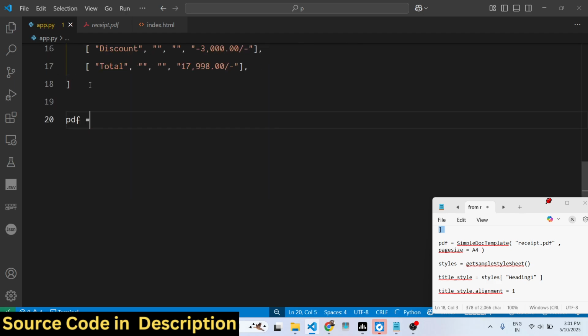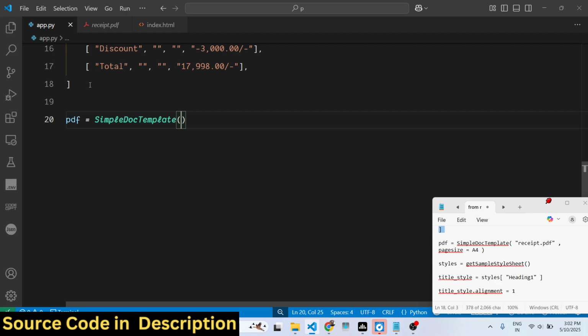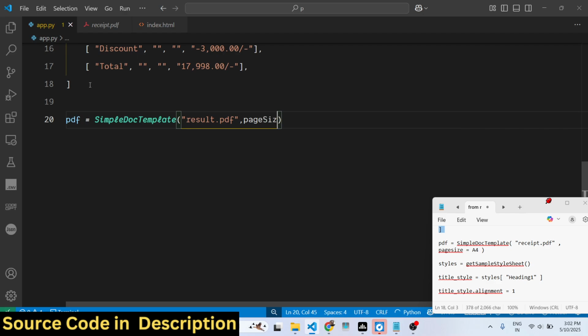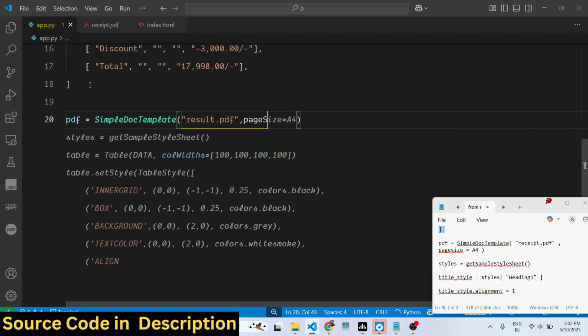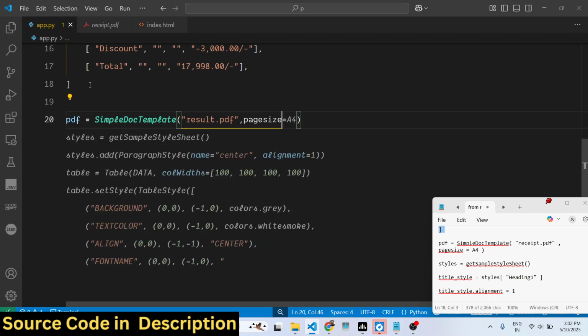For generating the PDF document, we simply initialize this SimpleDocTemplate. Inside this, it takes the first argument as the name of the file. So we will simply provide result.pdf as the name of the PDF file, and then the second argument will be the page size. So whatever page size you want to configure. In my case, I will be configuring A4 size. So simply,